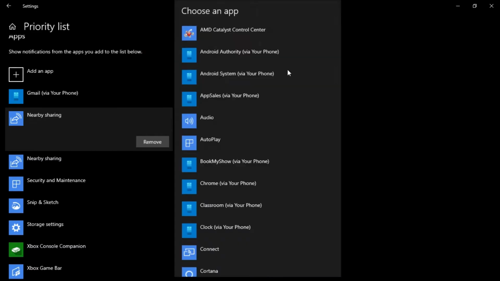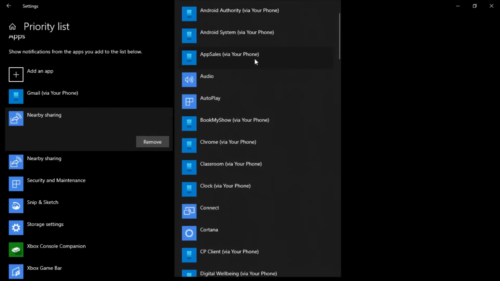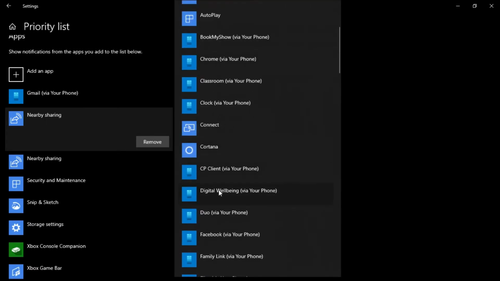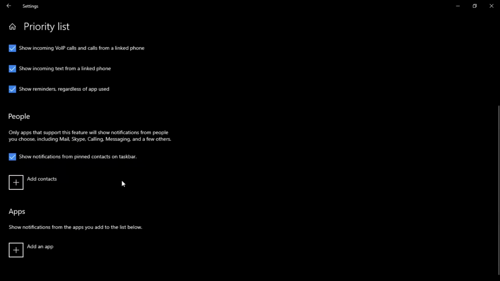And then simply click on the app that you want to show. For example, if I want digital well-being notification on my computer even when focus assist is on, simply click on digital well-being and it will add it instantly.